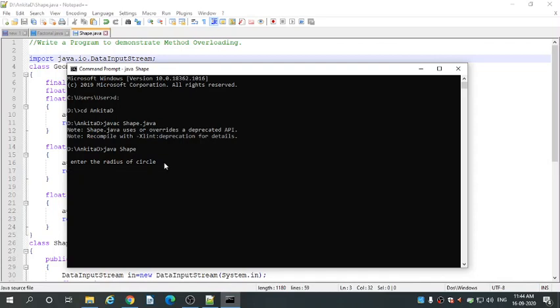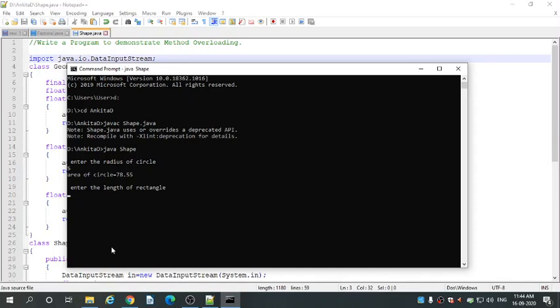Enter the radius of circle. You have to pass the radius of circle as a float value or integer value. I'll pass 5. Press enter. It is giving the answer, area of circle equal to 78.55. After that, enter the length of rectangle.